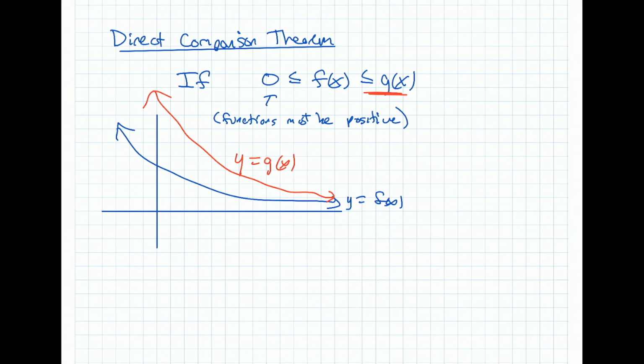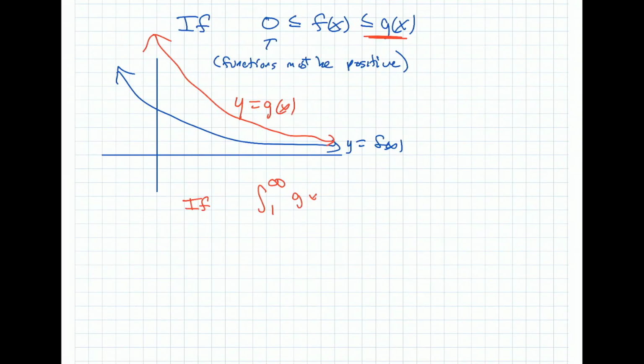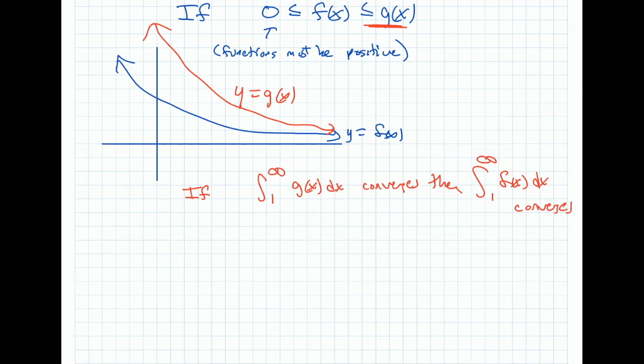Okay, and so the idea is this. If the integral from 1 to infinity of the big function converges, then the integral of the little function converges. All right? And the reason